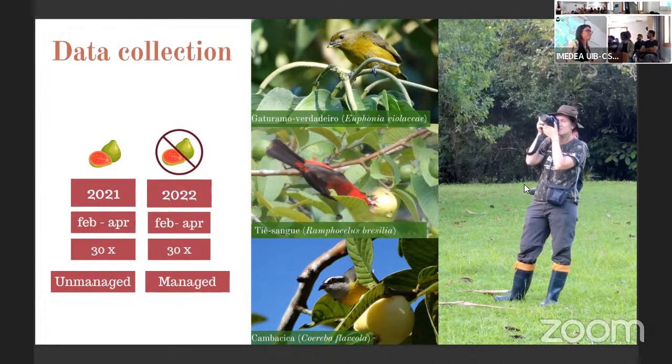Nice work. Thank you for the presentation. We found something really similar with cinnamon in a much smaller community. And I wanted to ask you, why do you think it's so attractive? Do you think it's nutritional quality, or maybe they produce a bigger crop than the other ones? Or spatial structure?